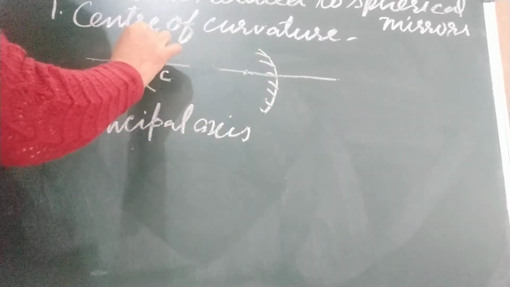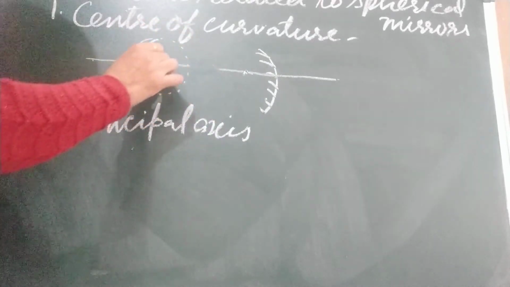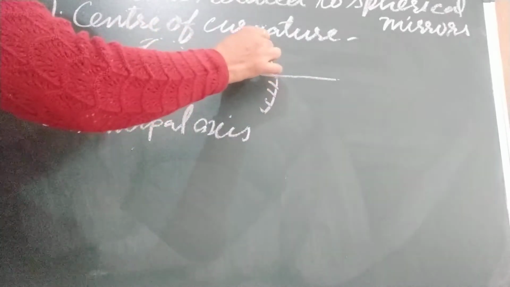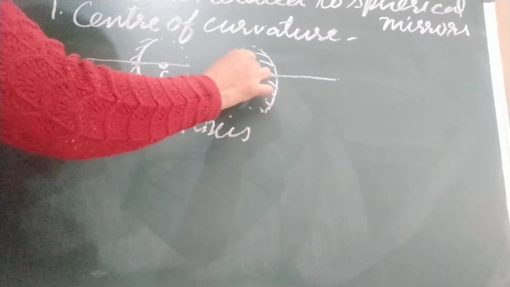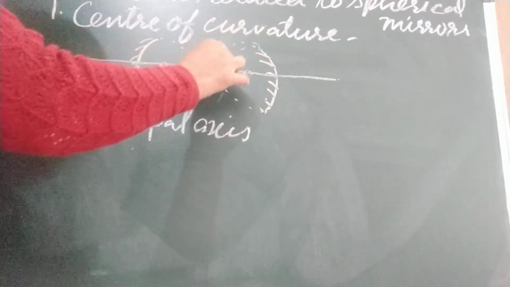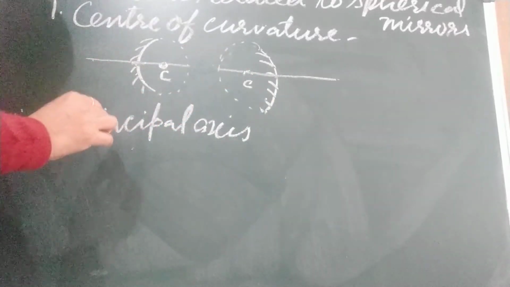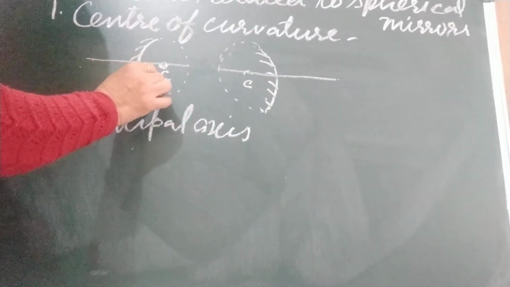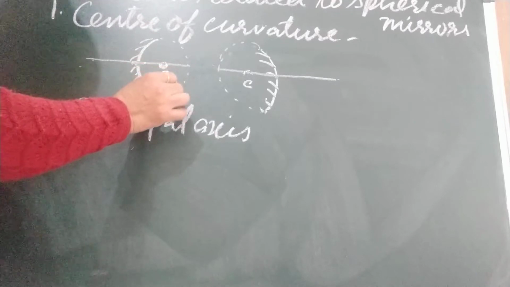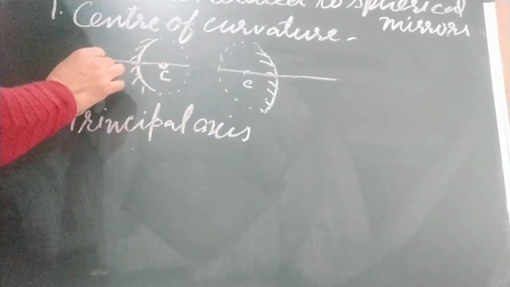Okay, because as I told you, this is the circle, and the center is the center of curvature. This point is the center of curvature. The imaginary line passing through the center of curvature and the pole...